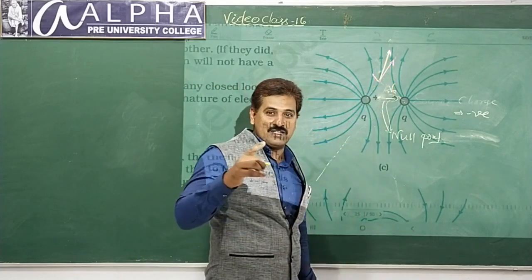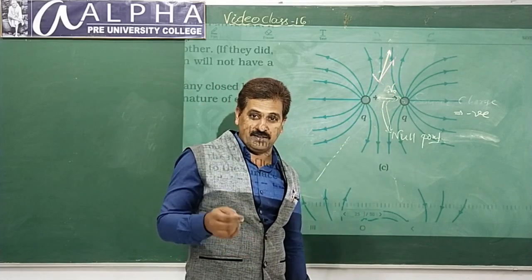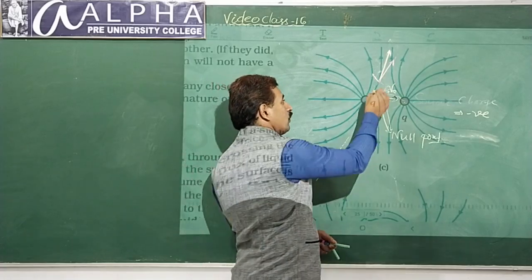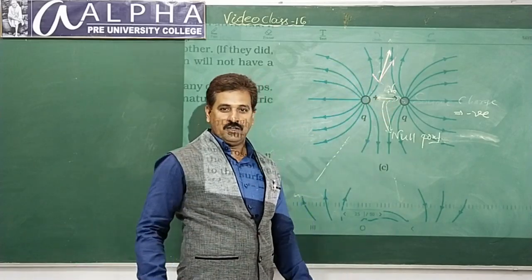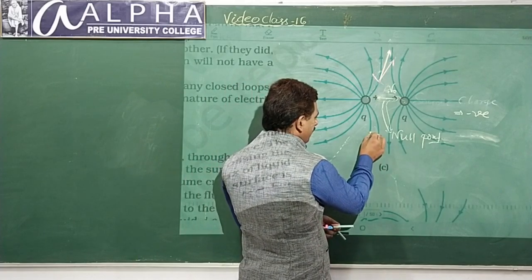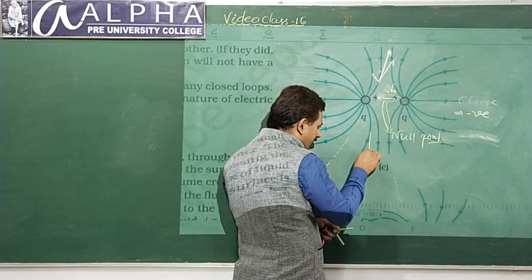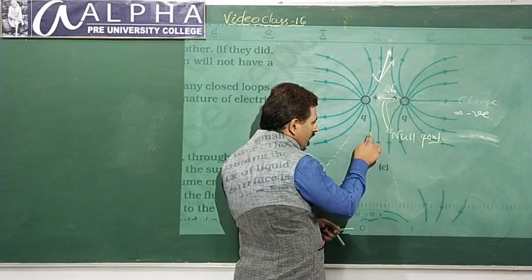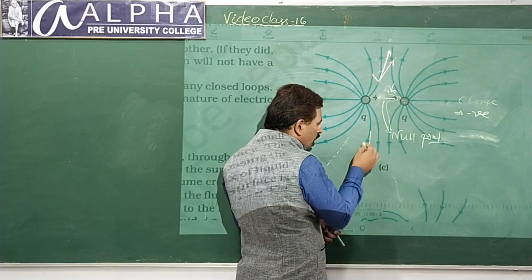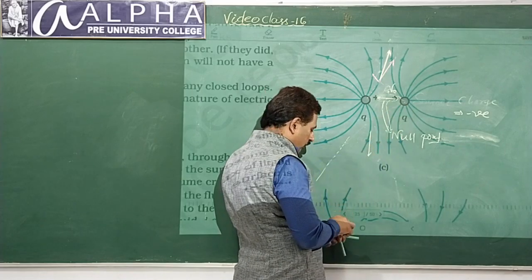Tangential. You know the word tangential? Sparshaka, Kannada medium students. Tangential to this curve. You come here. Here also, do the same thing. This is the direction tangential to the field line at that point. How do you get it? It's a resultant of two fields.